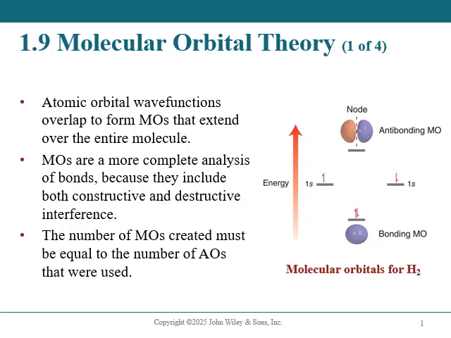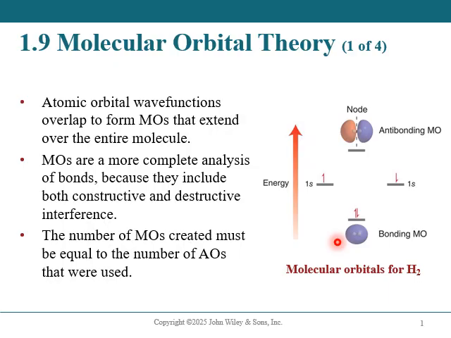When you have the atomic orbitals, you have those wave functions. In the case of a hydrogen molecule like the one we have here, these atomic orbitals are going to overlap to form what we call molecular orbitals. Now, molecular orbitals happen simply because the end result is going to be what we call a bonding molecular orbital, or an orbital where you have constructive interference between the wave functions, and that allows for a lower total energy